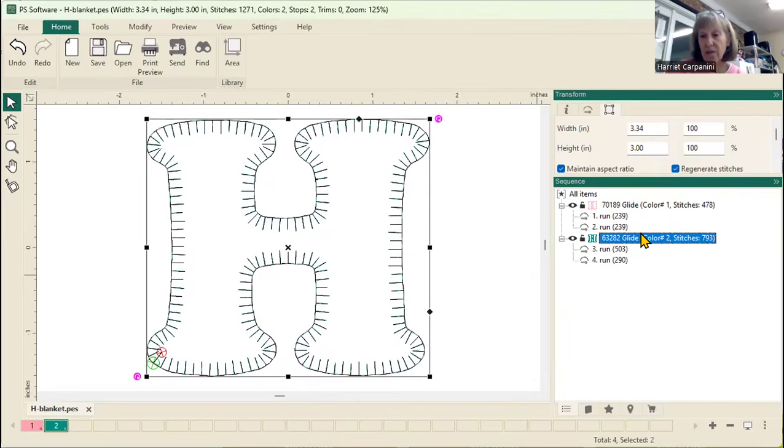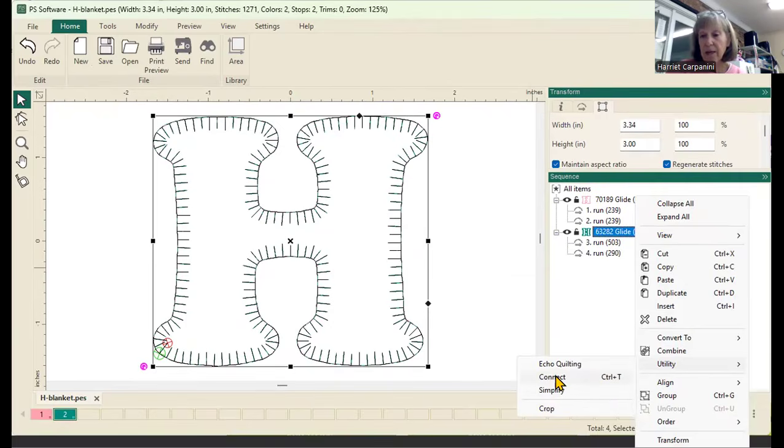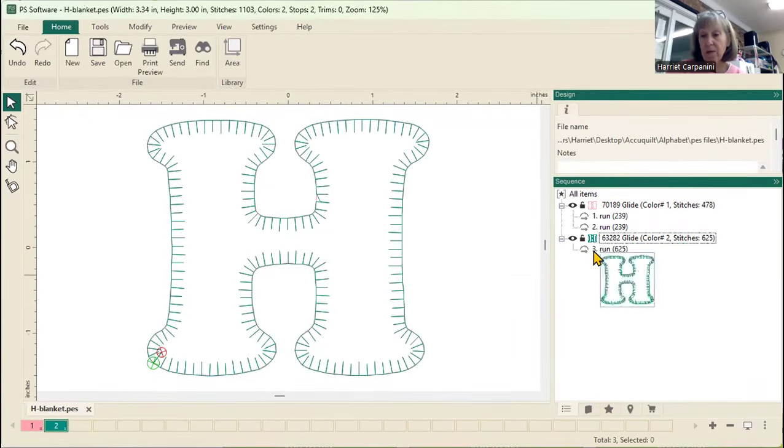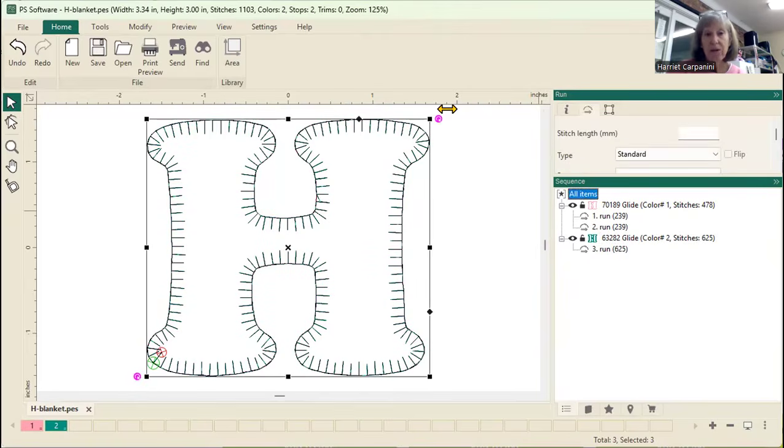So I selected it, I right click, I'm going to go to Utility and Connect. And now you see when I go to my plus sign, I only have one run stitch. So it'll stitch out all in one. Now I'm going to select everything. And I'm going to come over to my preview tab